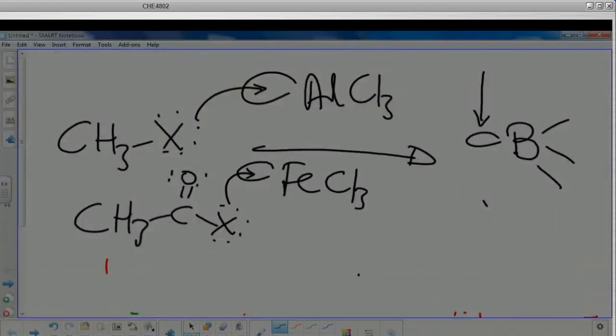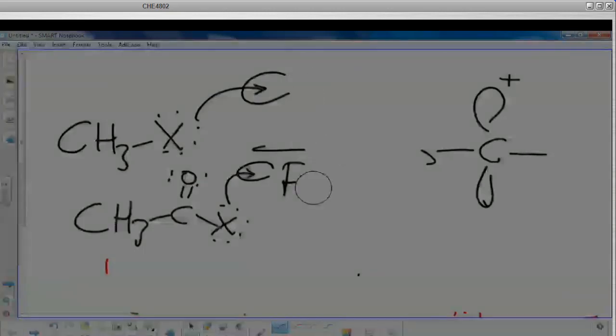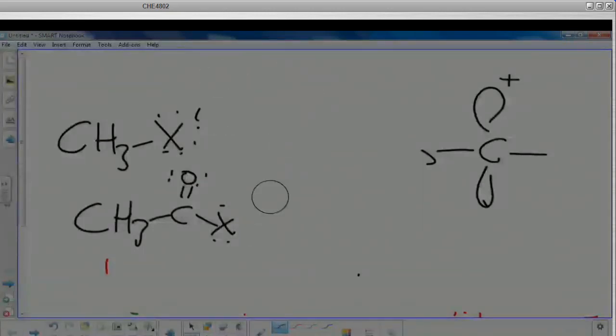No, but I just want you not to wait for me. You must go and read about them. You needed to know that there's that empty orbital. And another thing that I emphasize so that you are on the safe side is that whenever you write a carbocation, put this empty orbital. You see what I mean?